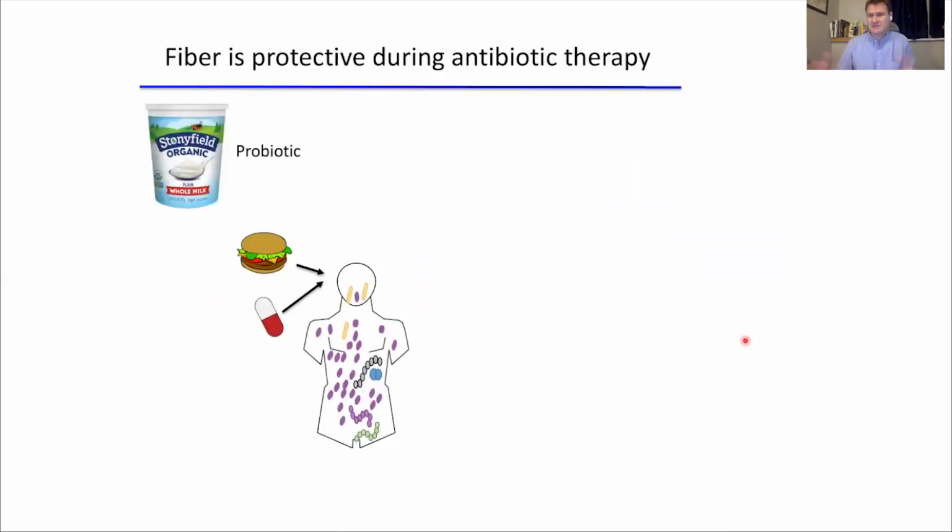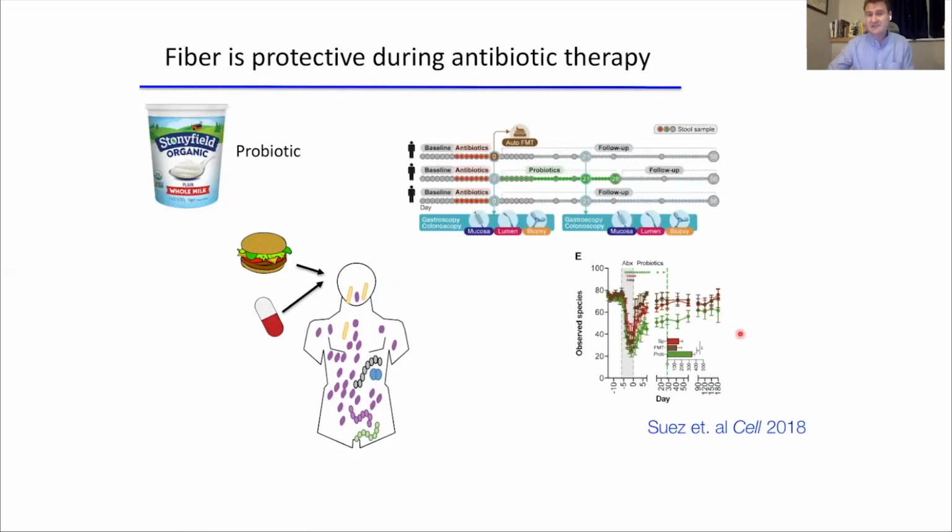So now let's think about what does this mean in the grand scheme of things? So typically, people eating our current fairly crappy diet, we would be given a probiotic to maybe protect our microbiome. Recent data indicates that's probably not beneficial. So this is one of my favorite papers where volunteers were given an antibiotic and then were either told to take a probiotic, do nothing, or do a self-fecal transplant.